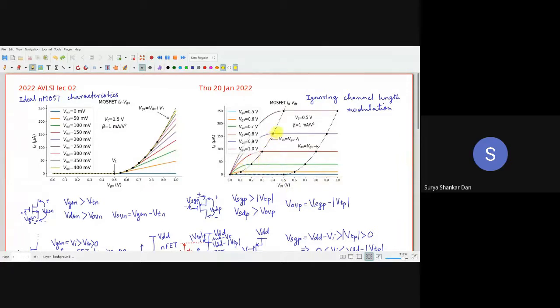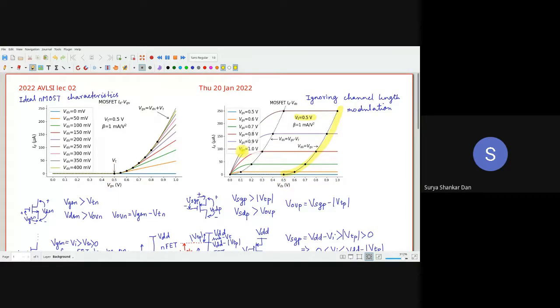However, I have translated this line to here as well, where I have drawn VDS equal to VGS. Here it is VDS equal to VOV. VOV, the overdrive, is basically VGS minus VT, right? We have seen that. Now, when we translate this line further away by a DC shift of Vt, you can see this is VGS minus Vt plus Vt. Remember, Vt was how much? 0.5, and this is the Vt over here. I have mentioned it here also.